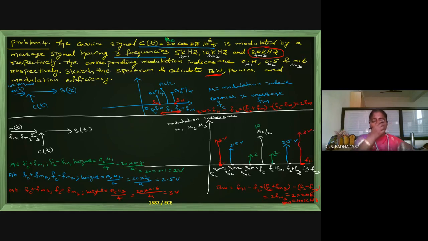So this will be the after calculation only we can draw the diagram. After knowing the heights only we can draw it, whether it is higher than 10 or lesser than 10, that we should know, only then we can plot it down. Okay. So this is our actual solution.